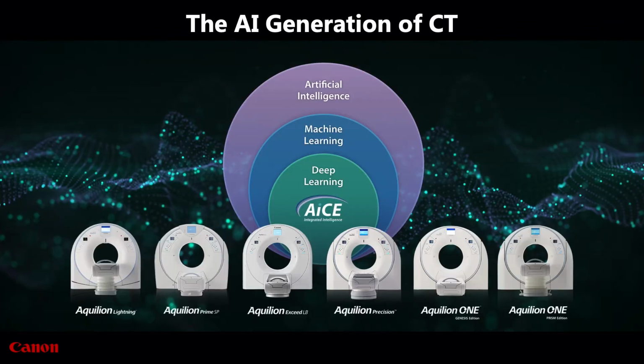Canon recently announced that all diagnostic CTs in the US are now AI-powered. This AI generation of CT uses AICE deep learning reconstruction. This new generation of iterative reconstruction is designed to distinguish true signal from noise to deliver sharp, clear, and distinct images at speed. Trained using vast amounts of high-quality image data, AICE provides enhanced anatomical resolution across the whole body,